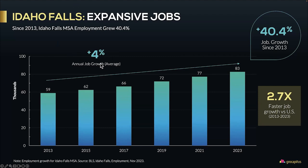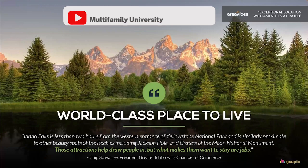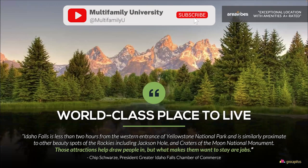Yeah, 4% a year in a country that averages under 1.5%. So this city is growing 2.7 times faster than the US job growth rate. Now it's going to be really hard to find even one other city in the US that matches that jaw-dropping growth. So, wow. Now, with high paying jobs and remote working as the new norm, Idaho Falls is also